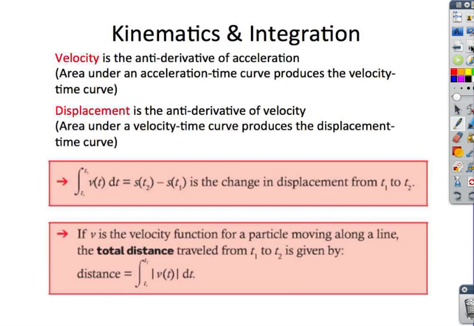And if v is the velocity function for a particular particle moving along a line, the total distance traveled from t1 to t2 is given by, you'll notice here that they've put absolute value bars on the velocity function. Again, what the absolute value bars would do there is just force the function to always be above the x-axis, and then obviously its integral will always be positive. The area under the curve would always be positive, and so therefore that would give total distance. Again, as we said earlier, distance always has to be positive. All right,